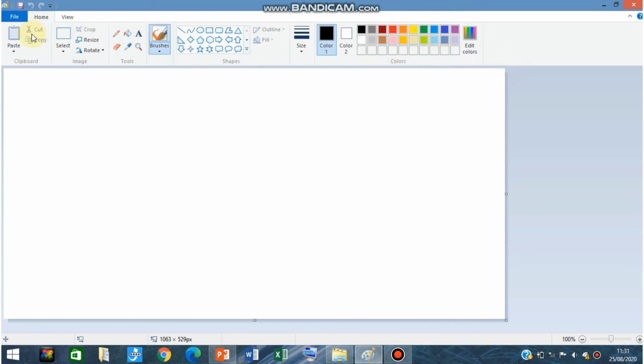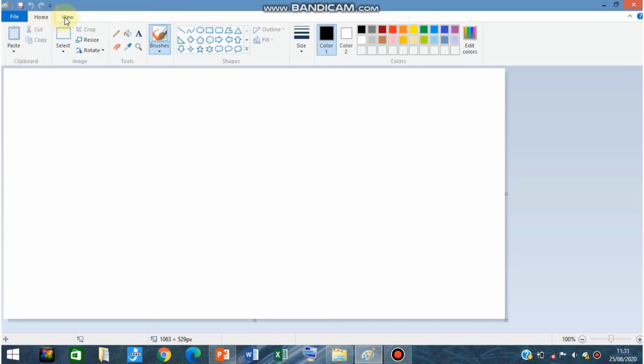Okay, now this Home tab is again subdivided into various sections, and this whole section is called the ribbon. Okay, it consists of different drawing tools. Inside the Home tab there are various drawing tools available, and all these tools come inside the ribbon. Okay, this whole area is called the ribbon. As you know, the ribbon consists of different drawing tools, okay, inside this Home tab.